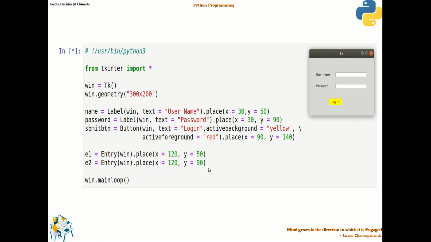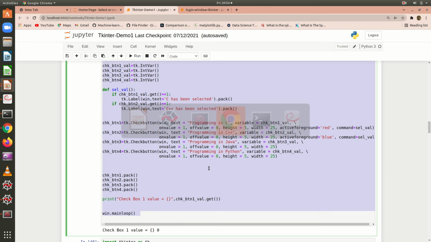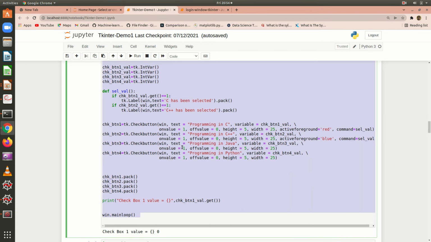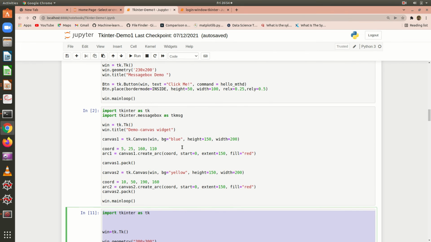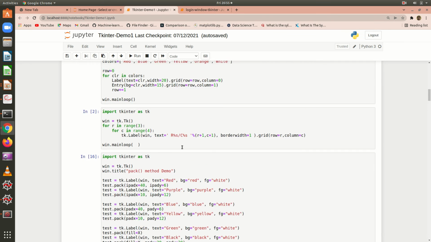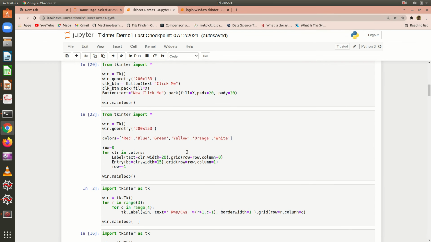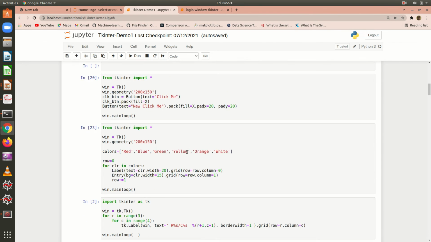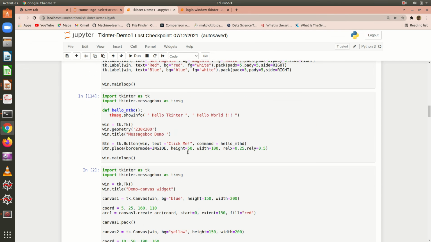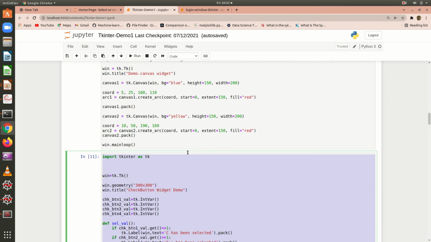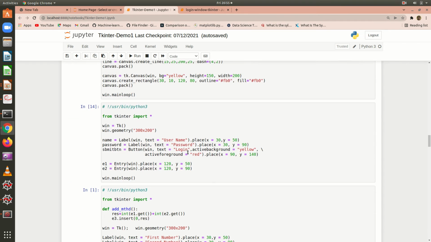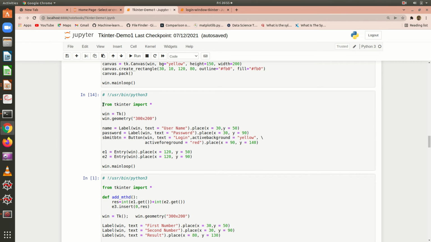Then let us see the program. I'll go to the program now. So I just create a window with two entry boxes.